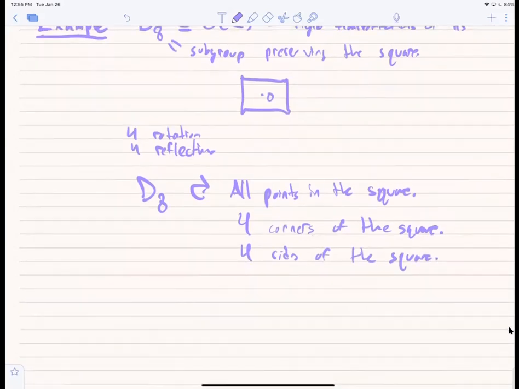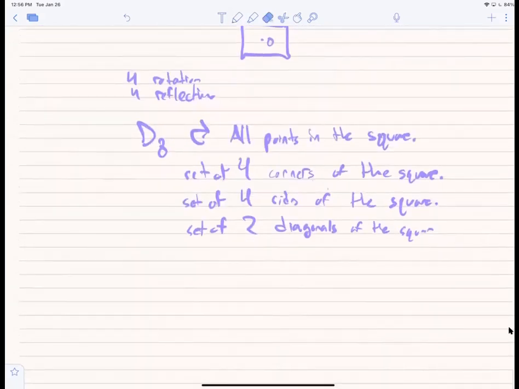And it acts on the two diagonals of the square. So this is a 4-element set, 4-element set, and 2-element set. It sends a diagonal to the other diagonal. So, okay. I mean, it also acts on anything you can construct using nice rigid constructions out of this. So it also acts on